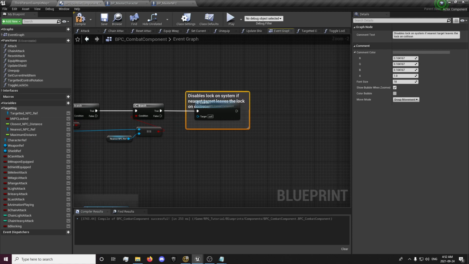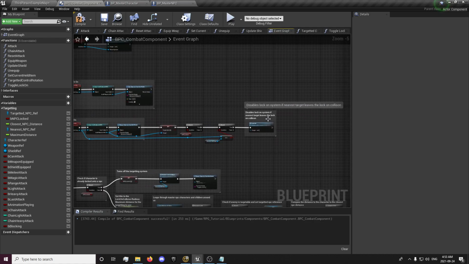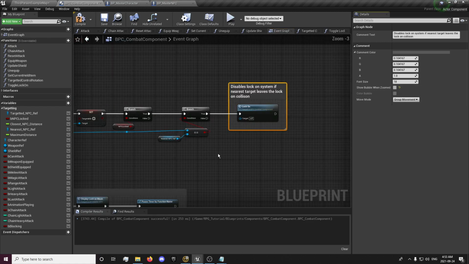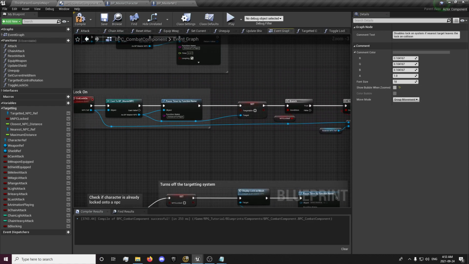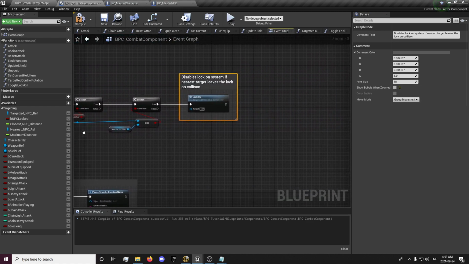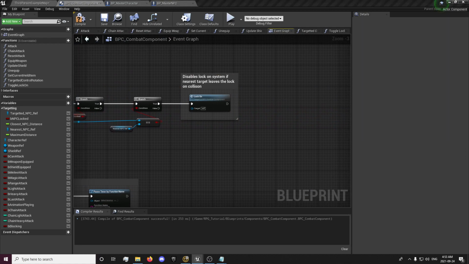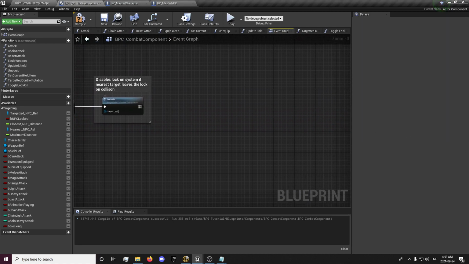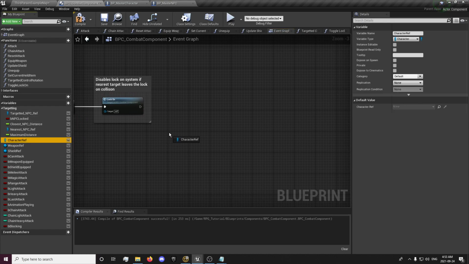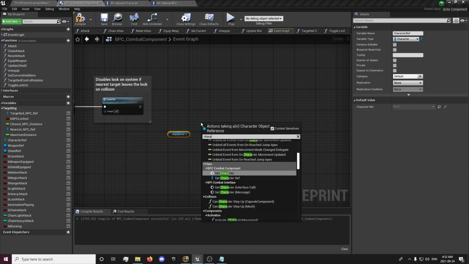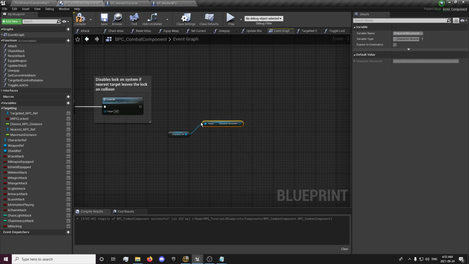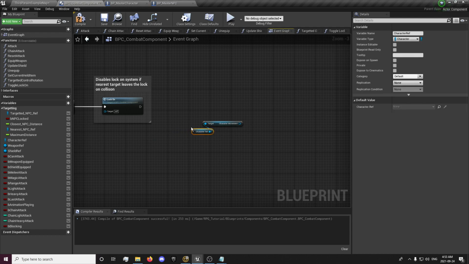Basically, if our target leaves the lock on collision, this right here will disable it because you're ending the lock on. That also runs on the end collision. And we're also going to want to get our character reference, get our character movement,